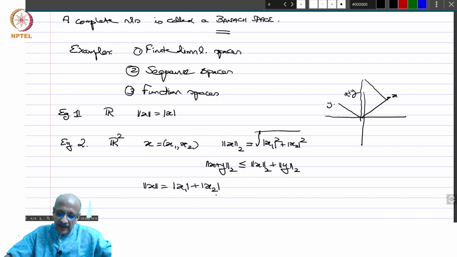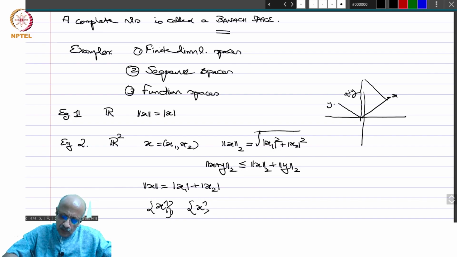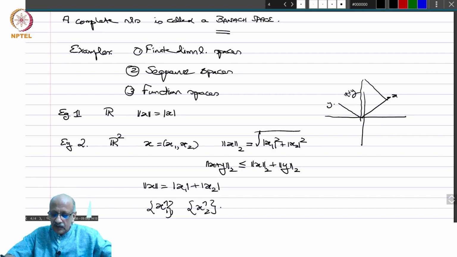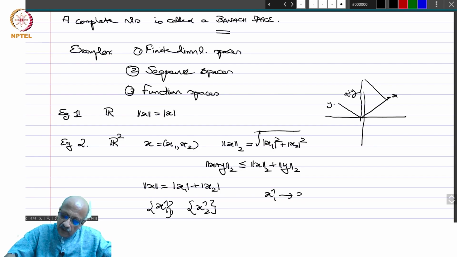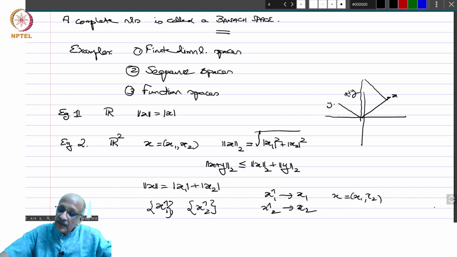Now, in both these cases, if you took a Cauchy sequence xn, then xn1, the sequence of first coordinates, will also be a Cauchy sequence, and xn2, the sequence of second coordinates, will also be a Cauchy sequence. Therefore, xn1 will converge to some x1, xn2 will converge to some x2, and we denote x equals x1, x2,